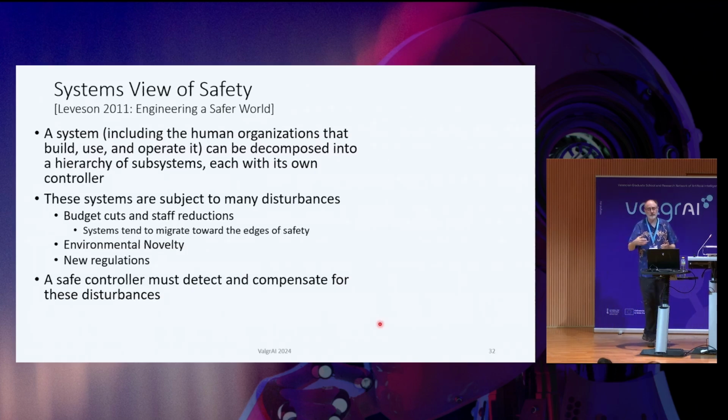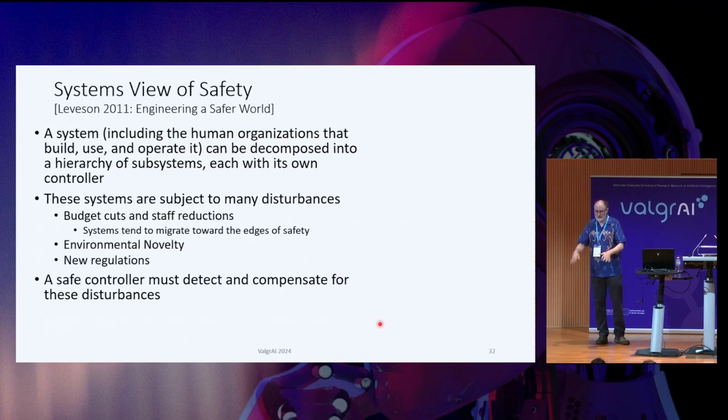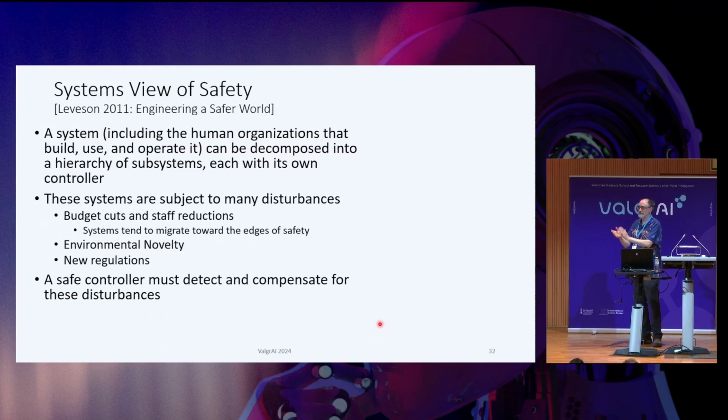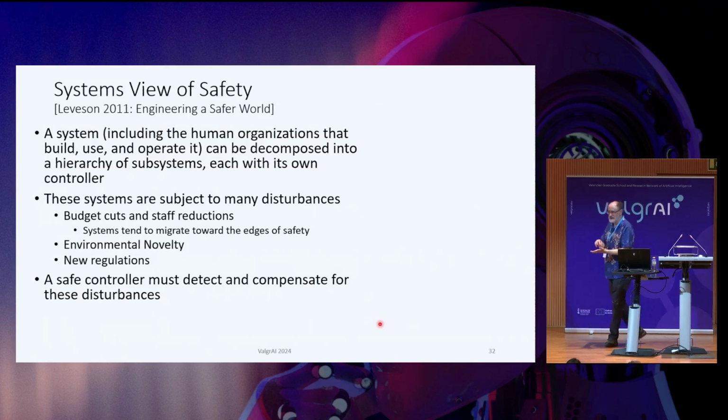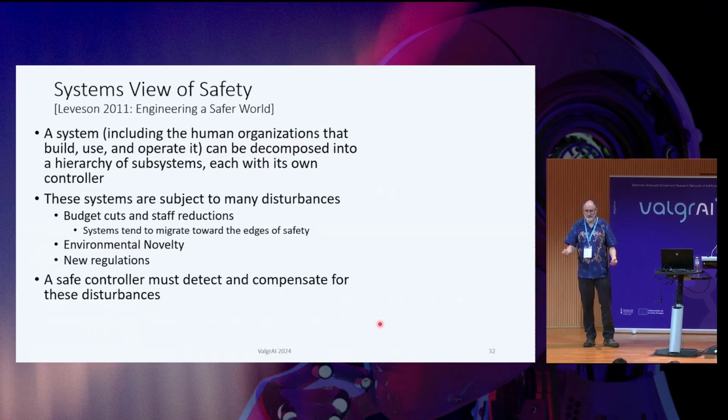So, of course, some kinds of disturbances could be environmental novelty, conditions that we had never encountered before. But a more common form of disturbance is budget cuts. So, in a large company, and I won't name any names, but you can think about some companies that have been having troubles recently, there have been budget cuts and staff reductions because it's very natural, if the safety engineers have done a good job, the system operates without any adverse effects for long periods of time. And management says, why am I paying salaries to all these safety people when they don't need to do anything? The systems are working very well.